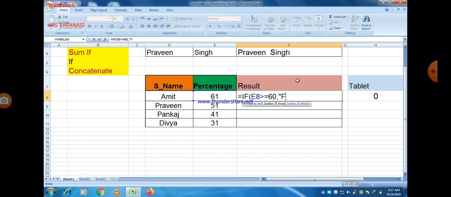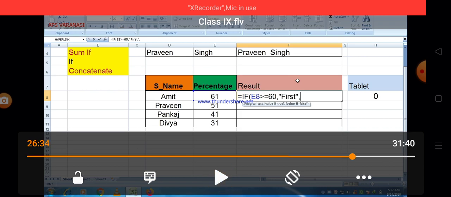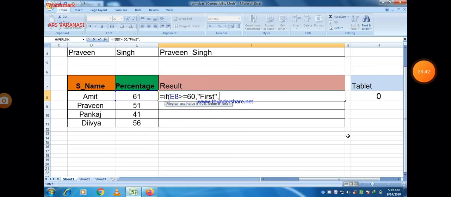After that, put a comma and write the result, First. Now we have two options, whether the condition is true or false. If the condition is found to be false, then whatever we write after First within double quotation marks will be printed.